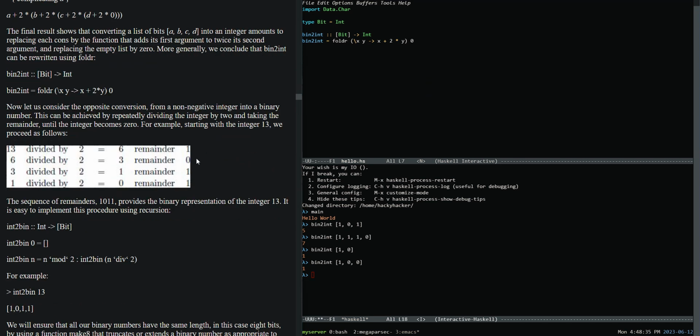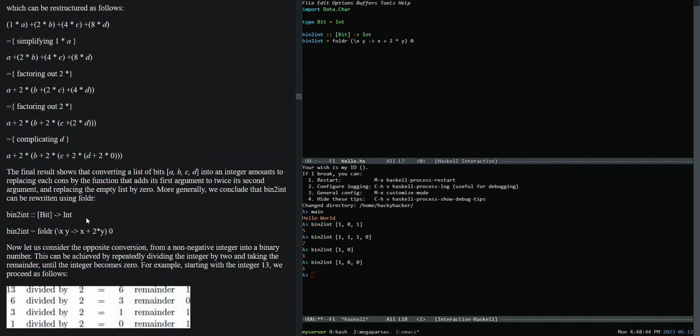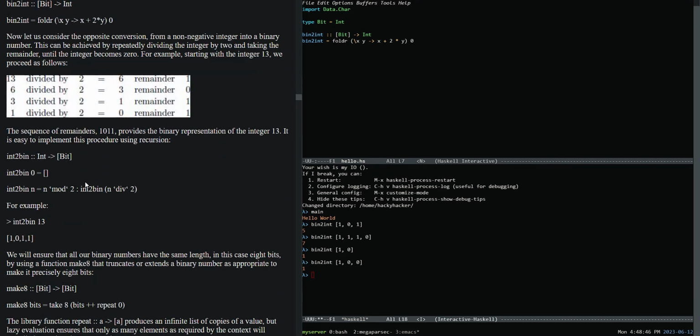back to front? The final result shows that converting a list of bits ABCD, or should I have used fold R. Now let us consider the opposite conversion from a non-negative integer into a binary number. This can be achieved by repeatedly dividing the integer by 2 and taking the remainder until the integer becomes 0. For example, starting with the integer 13,